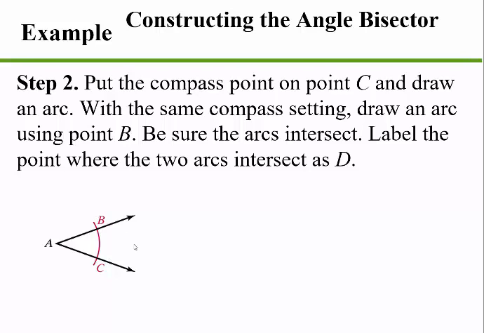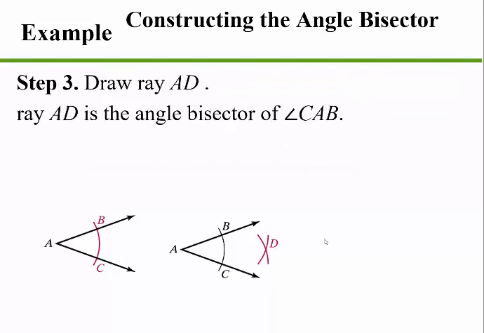So you're going to start here. You're going to draw an arc out here. You're going to put your compass here. You're going to draw an arc out here, just like that. So for C, the arc looks like this. For B, the arc looks like this. Where they intersect is that D. Next thing you're going to do is draw ray AD. And it turns out that the ray AD is the angle bisector of angle CAB, which is the same thing as the bisector